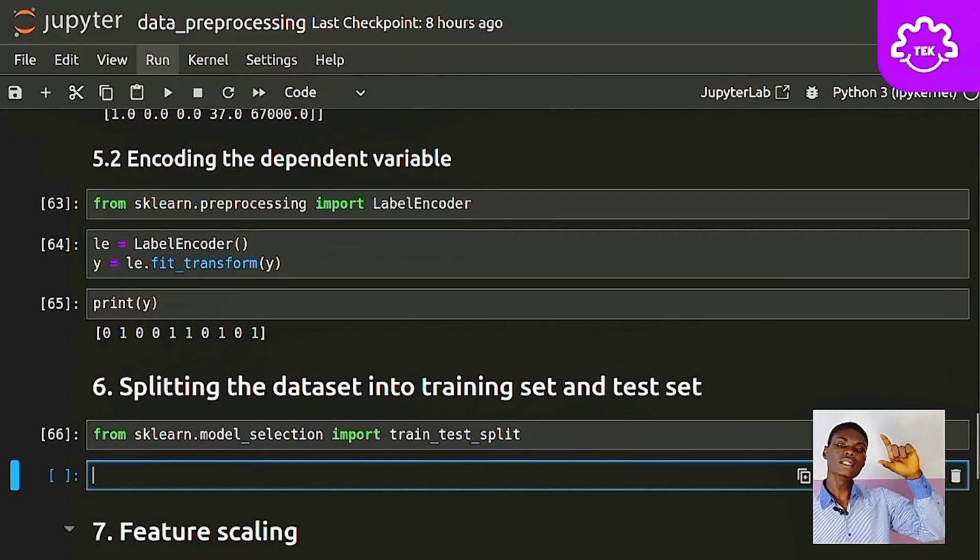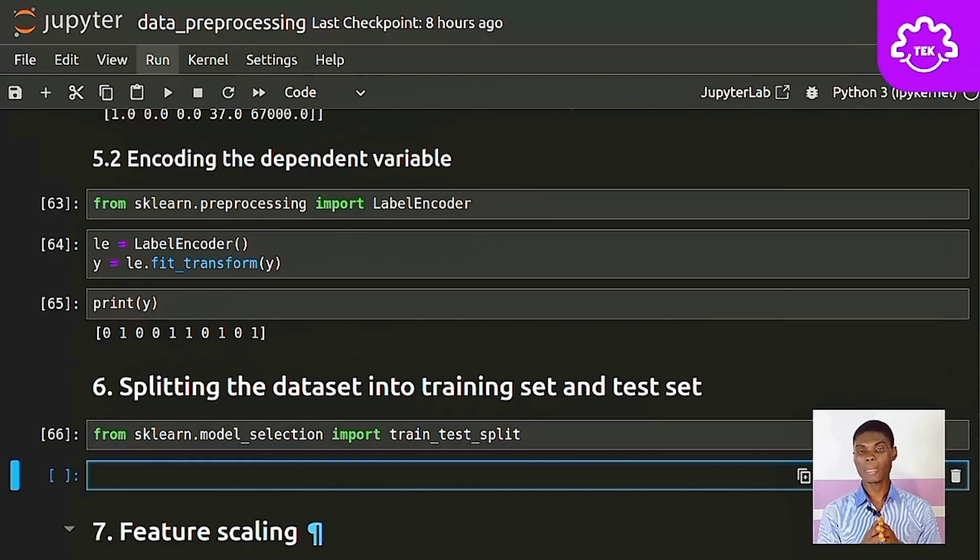So for each of these values, the dependent variable and the independent variable. Independent variable is x, dependent variable y. We are going to take some values and assign it to our training set and our test set. The training set is the set of values we are going to train our model on or work on. As you go further in this machine learning series, you see us training our models. So basically, what we are going to be doing is that we've taken a data set, we want to split